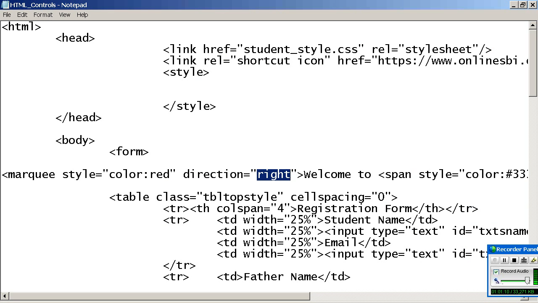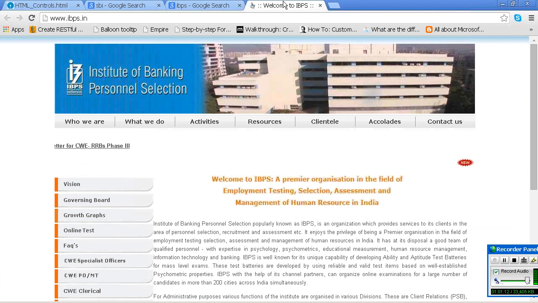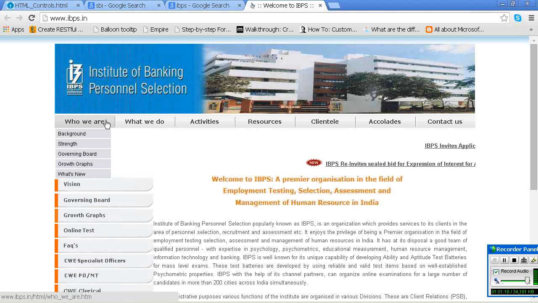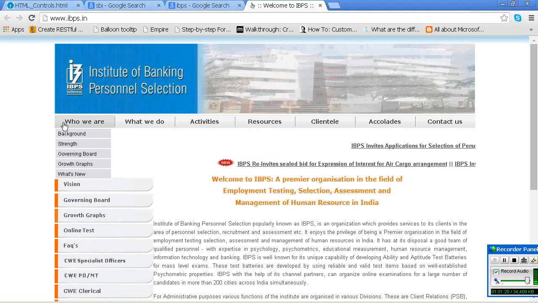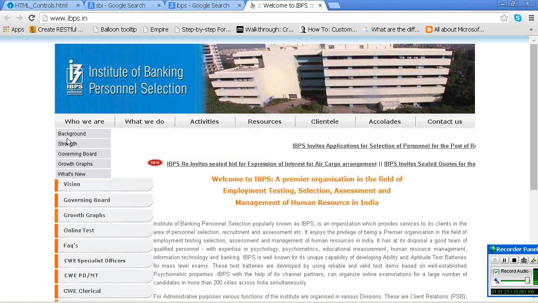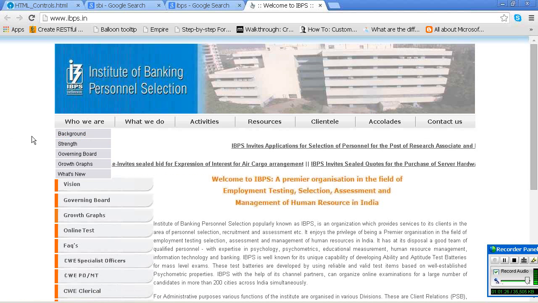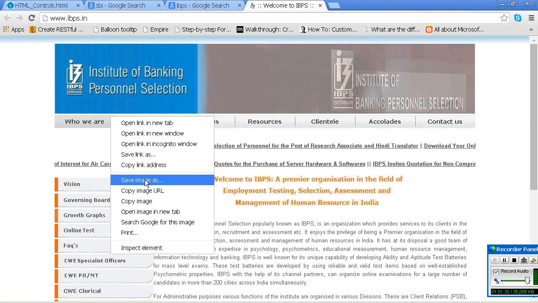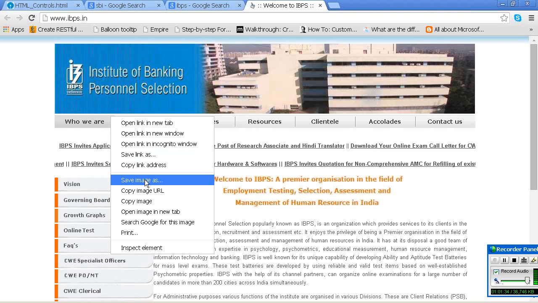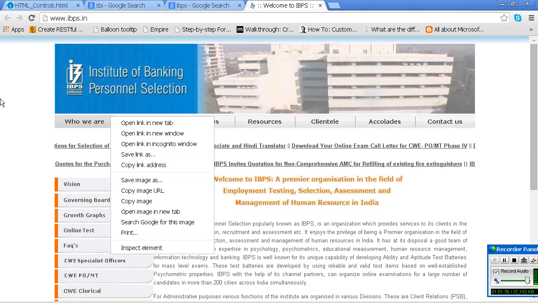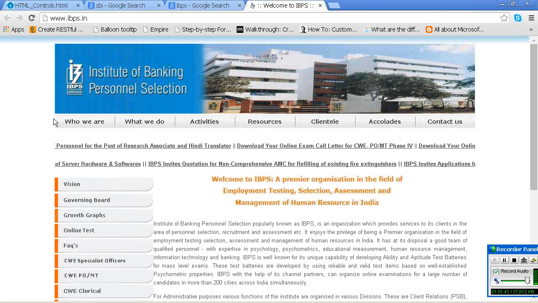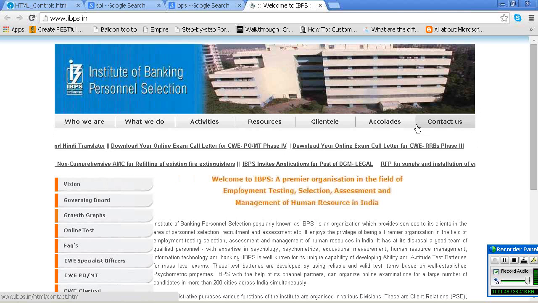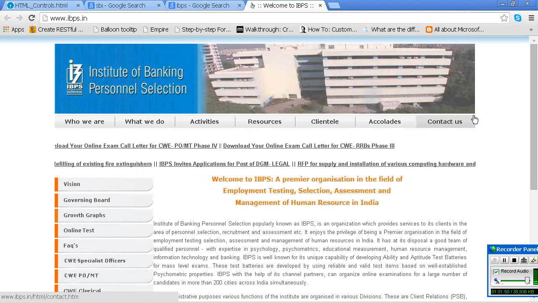So when I want you people to develop this space, I don't want this navigation. What you need to do is, on hover, it should change the background color. I don't want this underline that you are seeing. So what you can do, this is the background image. Right click, save image. On hover, you can change the background image also. Or else, if you are unable to do that, give a background color for the table, take TD and take this bar. Are you understanding? Forget about this effect also. This is a very simple effect, you know.